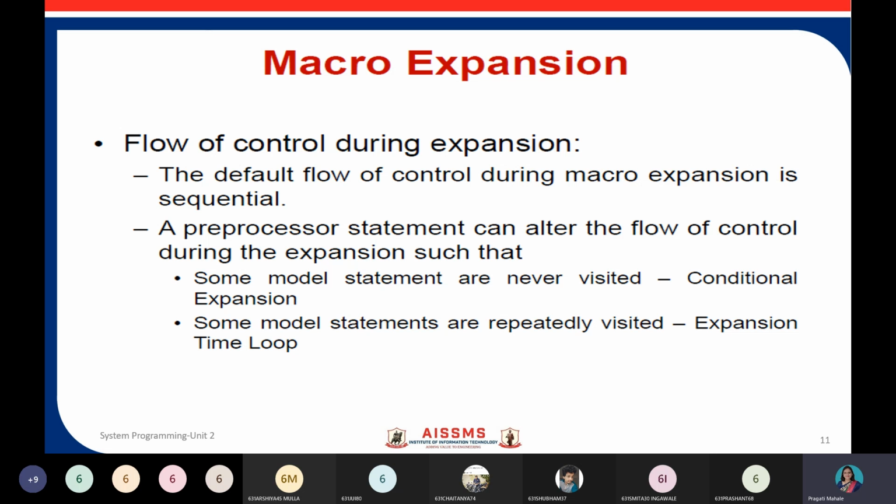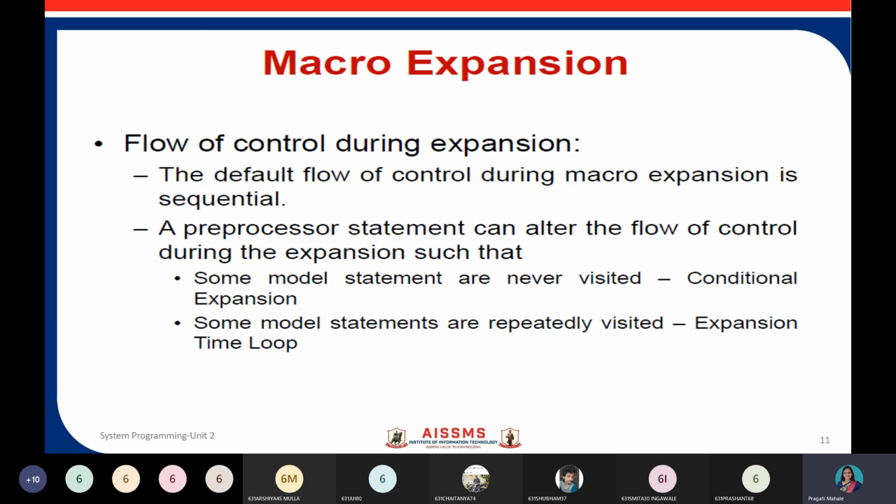A preprocessor statement can alter the flow of control during the expansion. So there is some facility where you can also alter the flow of control. The default flow is sequential, but if you want to alter the flow of control, there are two ways to do it: the first is conditional expansion, and the second is the expansion time loop.